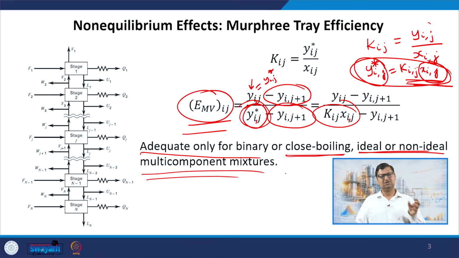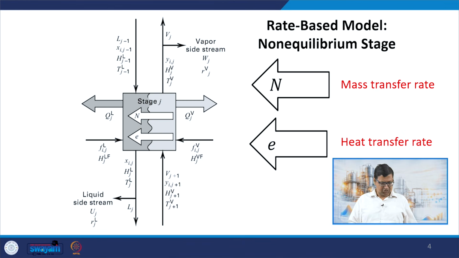If it is a narrow boiling range, it may work for an ideal multi-component mixture, but for non-ideal mixtures it is always going to be complicated. But if it is close boiling, we can still use Murphree tray efficiency in some cases. It is particularly good for binary mixtures, but in most cases in chemical engineering we are interested in multi-component mixtures. So therefore, we take a more formal approach